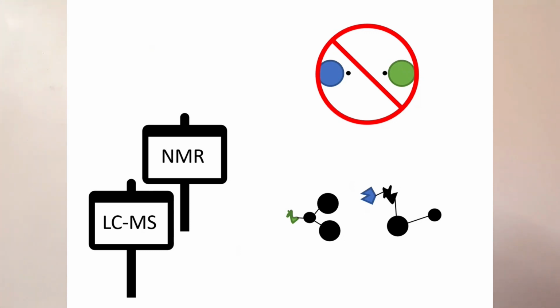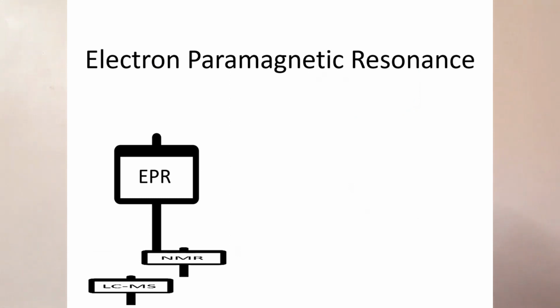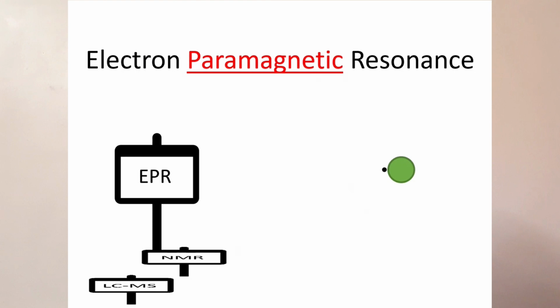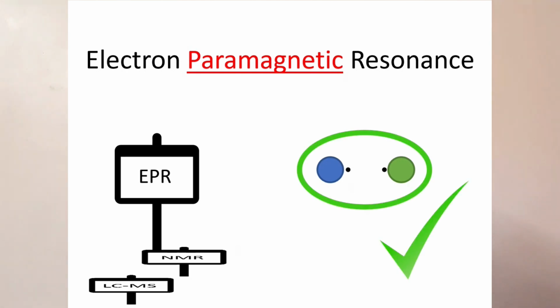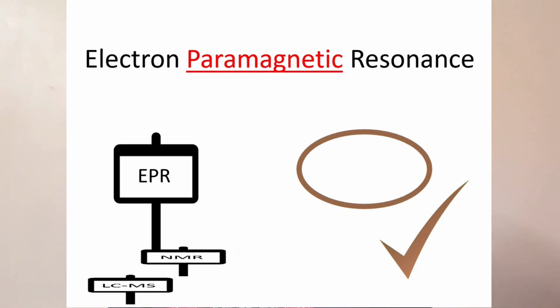This is where electron paramagnetic resonance, or EPR, comes in handy. A paramagnetic compound is another word for a compound with an unpaired electron, like the radical fragments we've been talking about so far. So EPR is designed to observe radicals. That must make it really easy to observe these reactions with EPR, right? Not quite. These radical fragments are still exceptionally short-lived, which, even with EPR, makes it incredibly difficult, but not impossible,